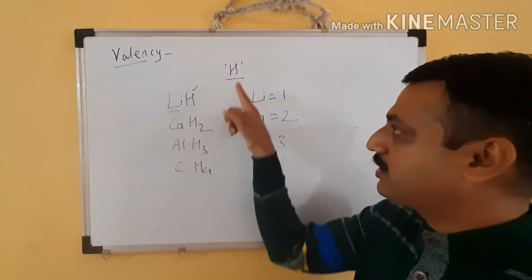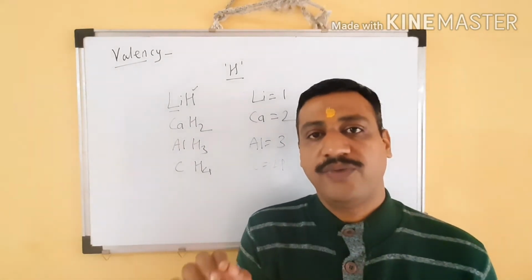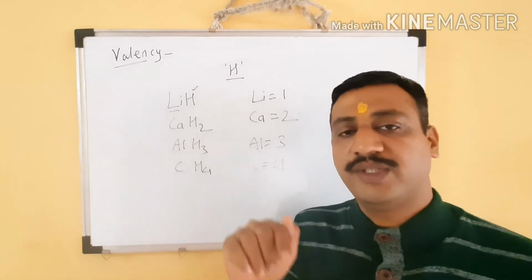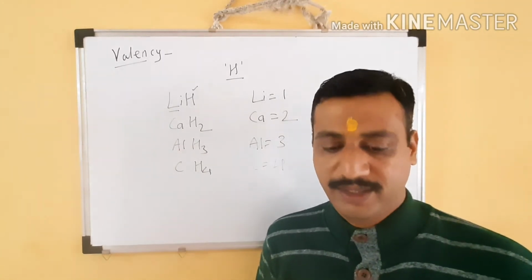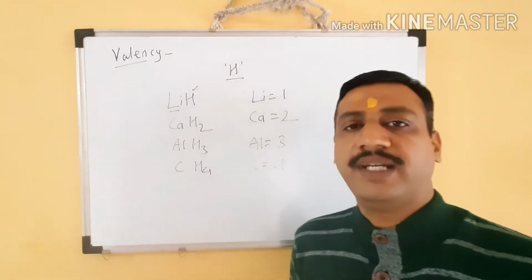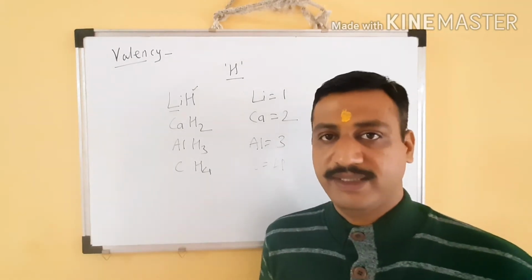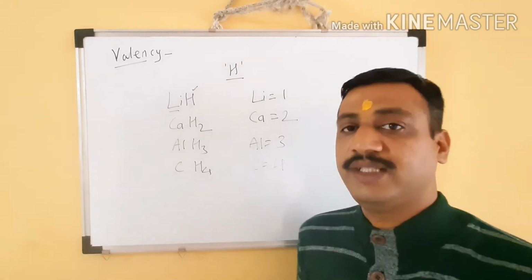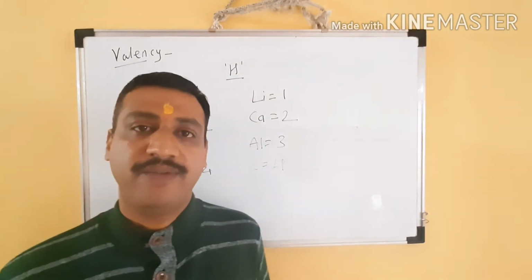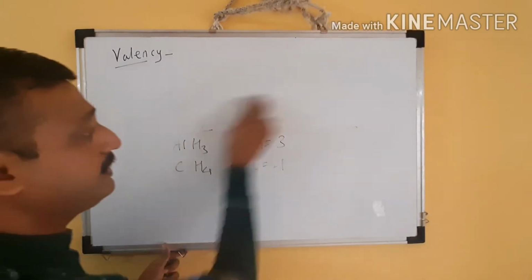So the combining capacity of an element is its valency. To determine the combining capacity of an element, we should know how many atoms of hydrogen are attached to a single atom of the element. But we know that hydrogen is not present in all compounds, and that's why this definition is not applicable to all these elements. Not all compounds have hydrogen. But this definition is correct also.